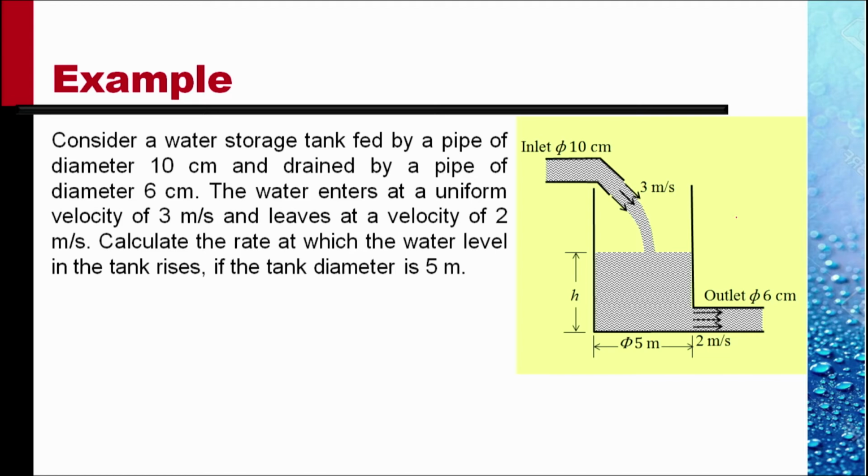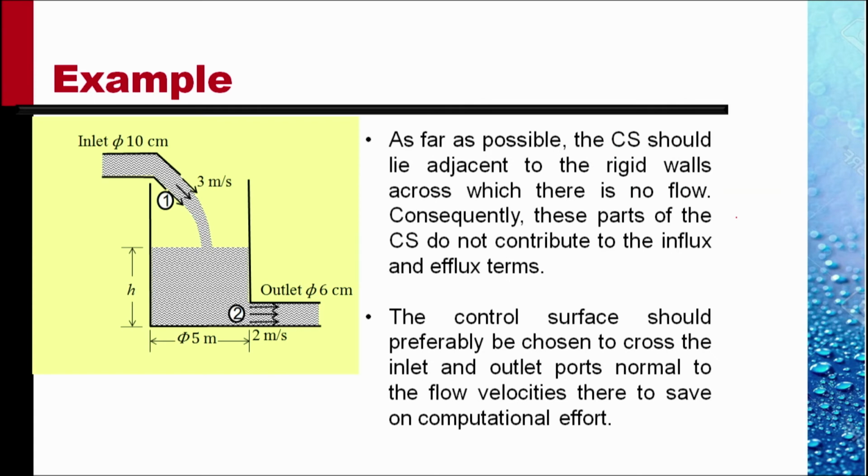So we have to choose a control volume that is appropriate. As far as possible, the control surface of the control volume should lie adjacent to the rigid walls across which there is no flow,